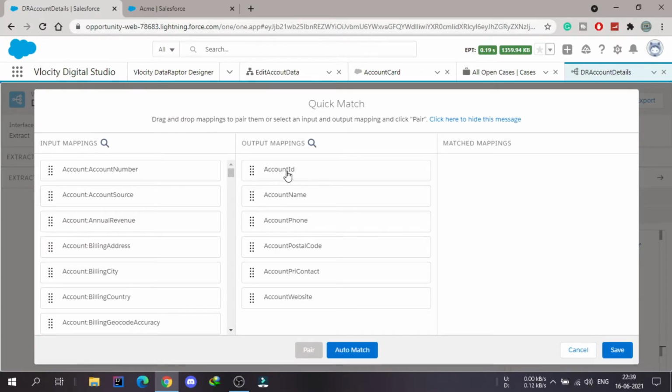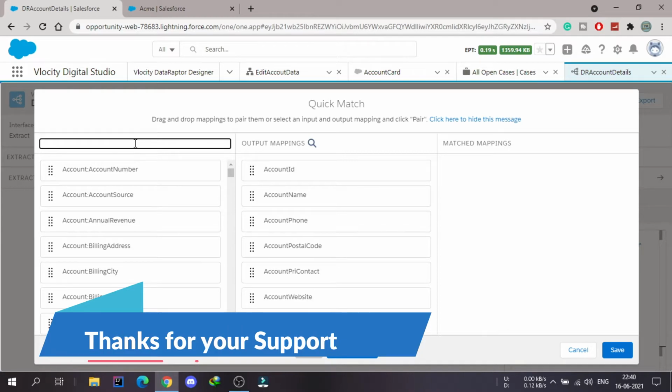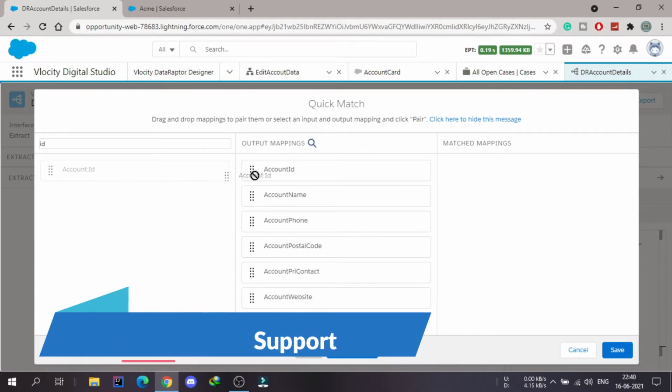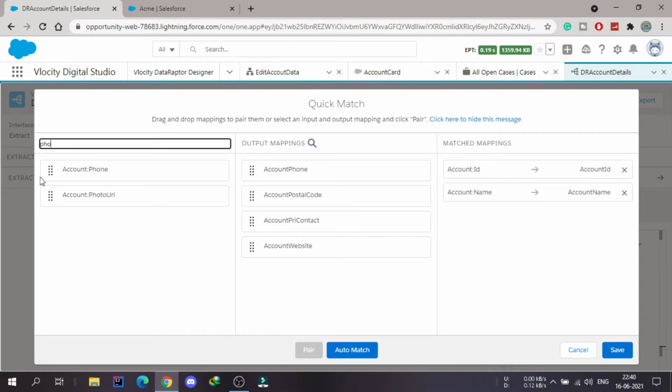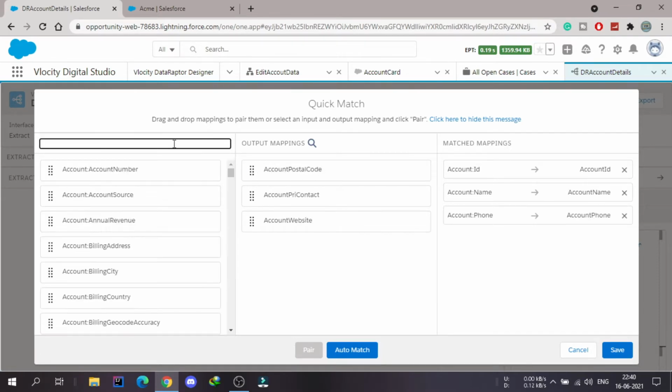and here we have all the fields: account ID, name, phone number, whatever we want is available here. What we need to do is map these with the fields of the account. So I have the account ID, so I need to search it and map it with the ID. So I will choose the account ID, place it over the account ID, and it will automatically match it. I will use the name, account name is equal to account name, account phone is equal to account phone, postal code here is basically shipping postal code, so I will use shipping postal code.